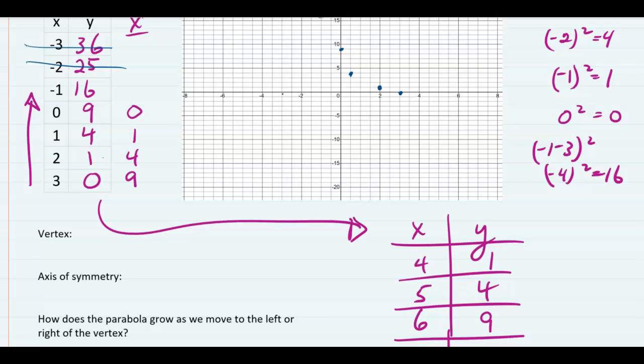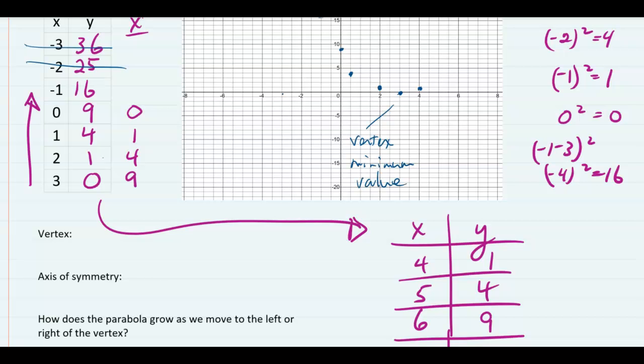4 goes with 1. And now do you see it? Do you see how we're starting to see symmetry again? This must be the vertex. That's the low point. That's the vertex. It's also the minimum value, the minimum y value